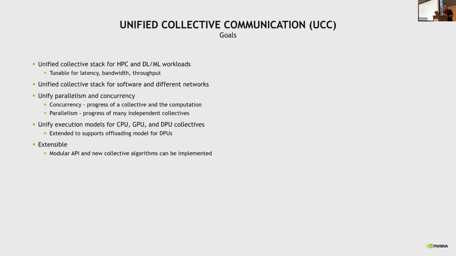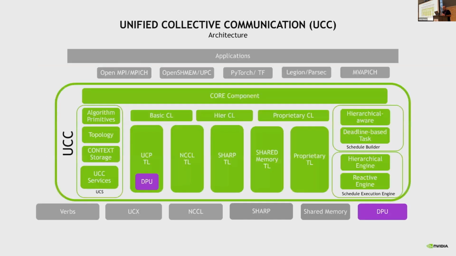So we don't have to have full support for all collective communications within UCC to make it usable for your communication libraries like MPI. So it's just like any other collective in OpenMPI, for example. It can pull collectives from different libraries. So we leverage that. From an architecture perspective, I have a very, very high level picture of UCC's architecture,